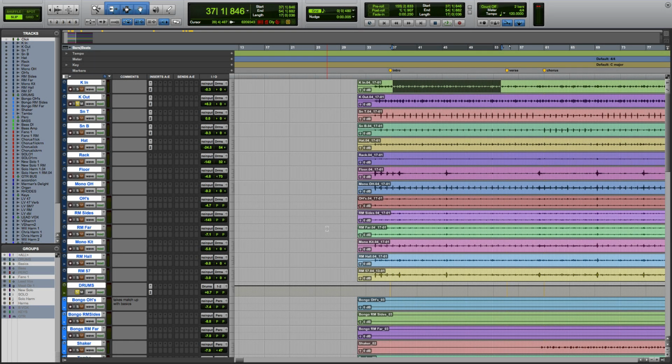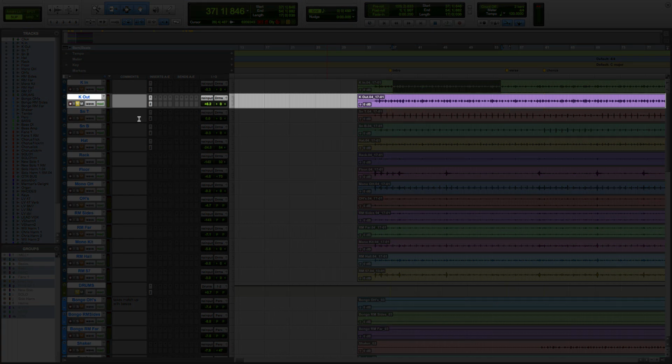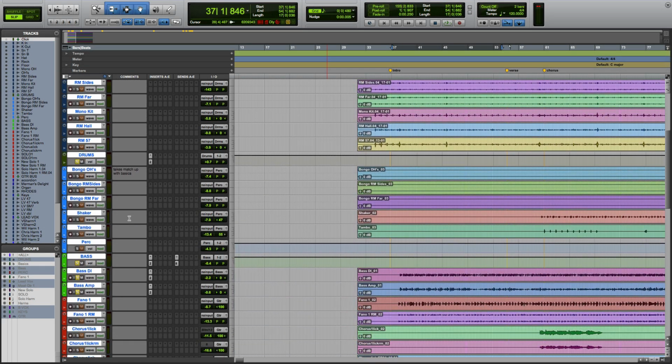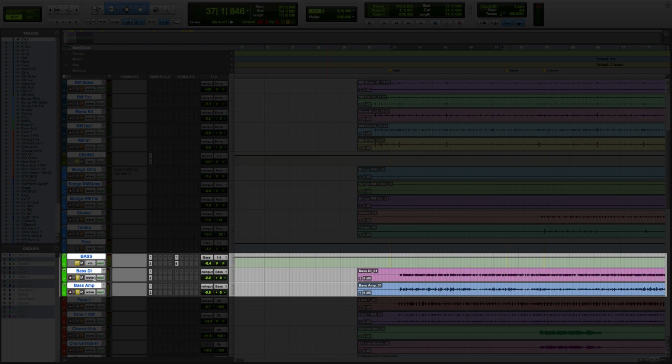Managing low end in a mix is a little bit like a war, specifically between the kick drum and the bass. My advice is that if you're dealing with such a battle, you could choose to let one element stand out over the other, essentially letting one instrument win that war. Like in this track, we have a kick and a bass guitar. So I'm going to solo just the kick out mic, as that's where a lot of low frequency rumble is coming from. And I'm also going to solo the bass group over here, into which a bass DI and bass amp are being fed.